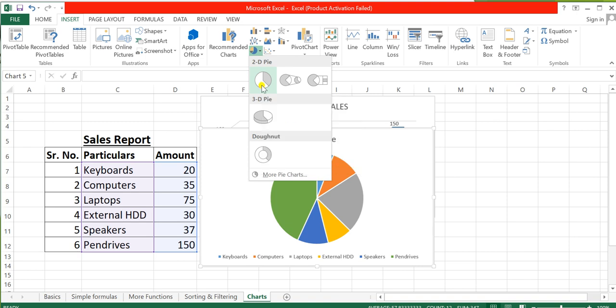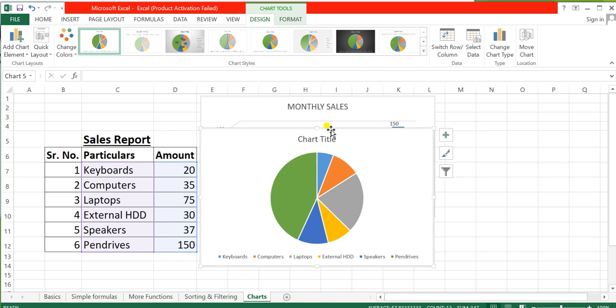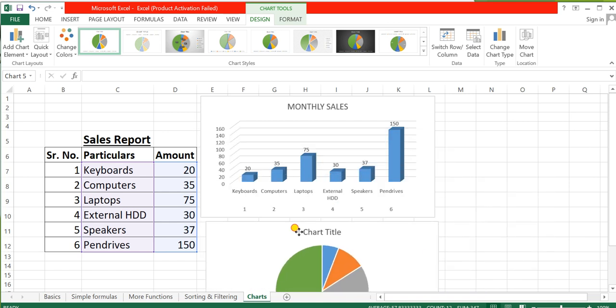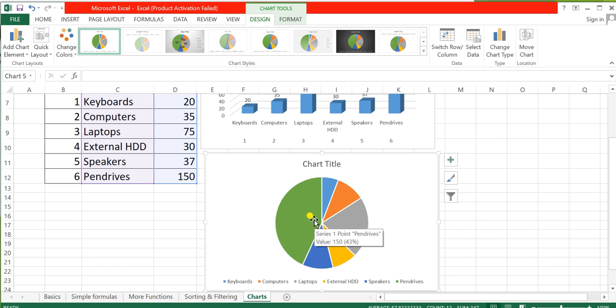Now if I want a pie chart, what is a pie chart? A pie chart is a circular representation of data. You can represent the data in a circular fashion. Now I will simply click on this chart. See, immediately your chart gets inserted over here. Similarly, you can change the chart title.